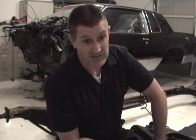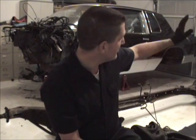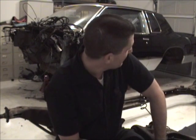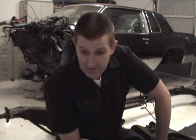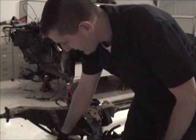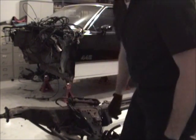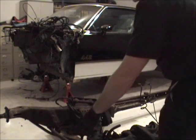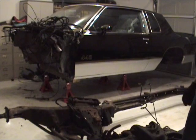And once I strip all this stuff off this thing, I've got to get off the control arms and the calipers and the rear ends going and all the rear control arms and everything. It doesn't need to be on there. Another thing too, I'm going to take these two front pistons off that the bumper hooks to. I don't want to sandblast those because those are sealed. Outside of that,